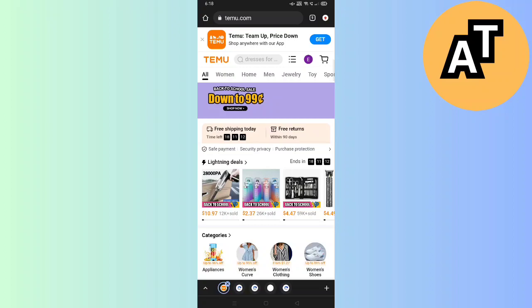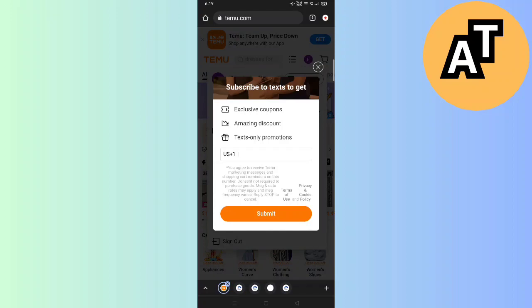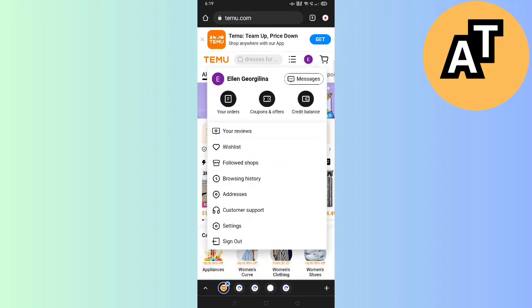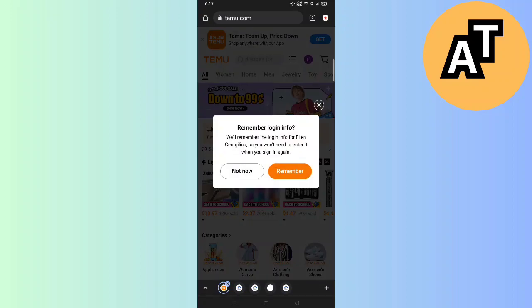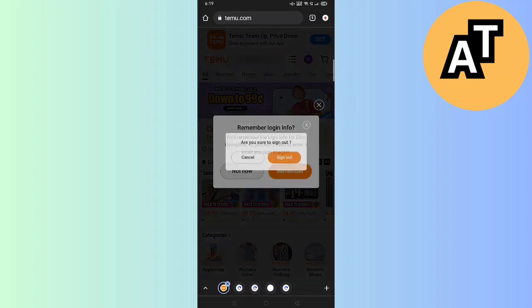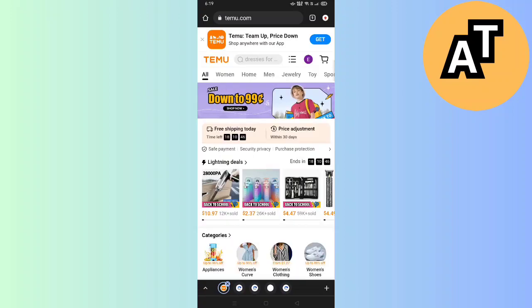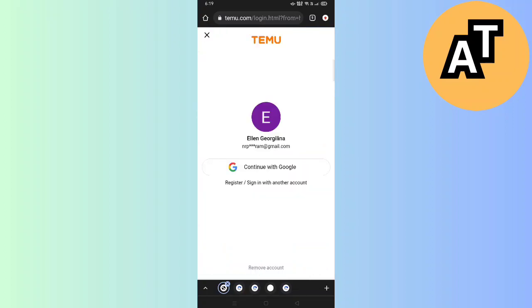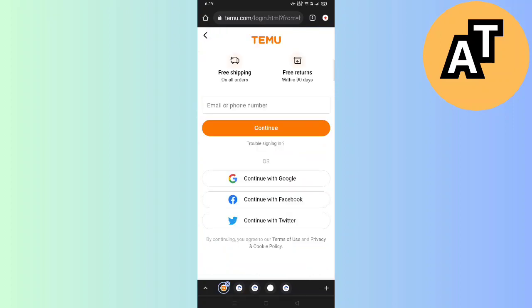You can see my account is logged in right now, but you have a new account, so how can you log in and how can you register your Temu account here? Let me first log out of my account, then I will show you how you can create a new account here. So I will simply sign out from here, and then you can click on, so this is my